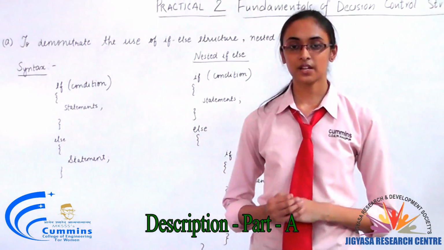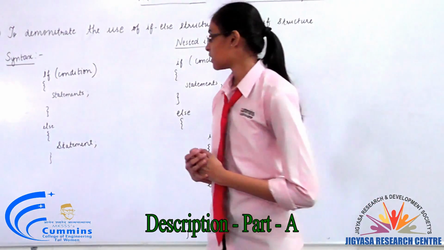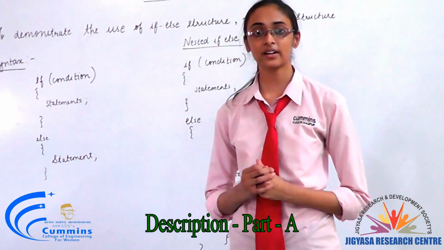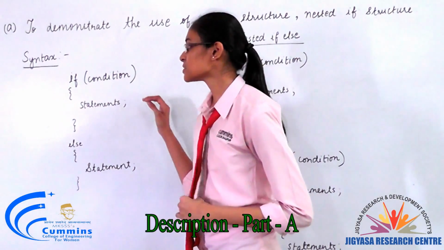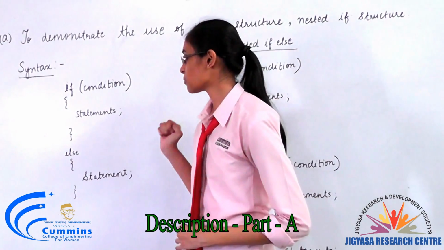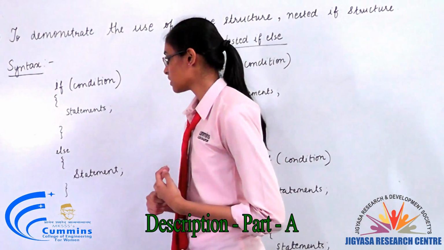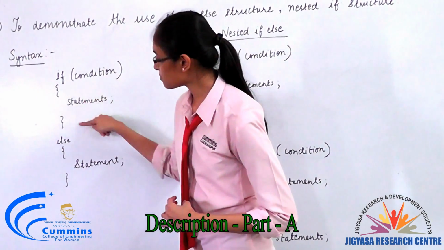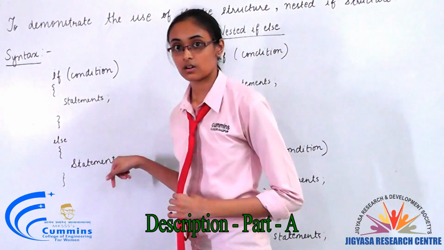If we have two groups of statements, in which one is true and another is false, we use the if-else statements. The keyword if tells the compiler that it has to make a decision. The syntax is as follows. The condition can be specified by relational operators. In C, we have relational operators such as greater than or equal to, less than or equal to, etc. If the condition inside the if is true, the statements within the if block are executed, else the statements within the else block are executed.